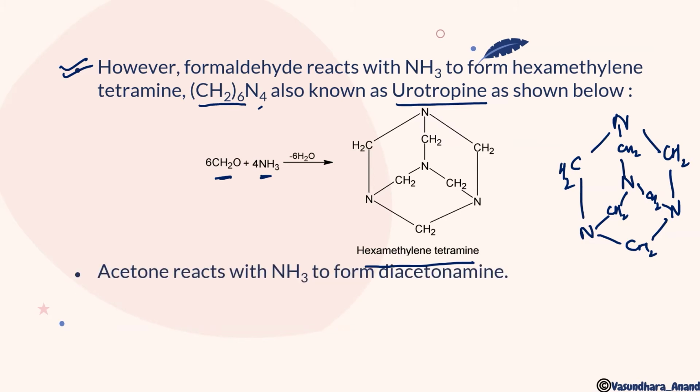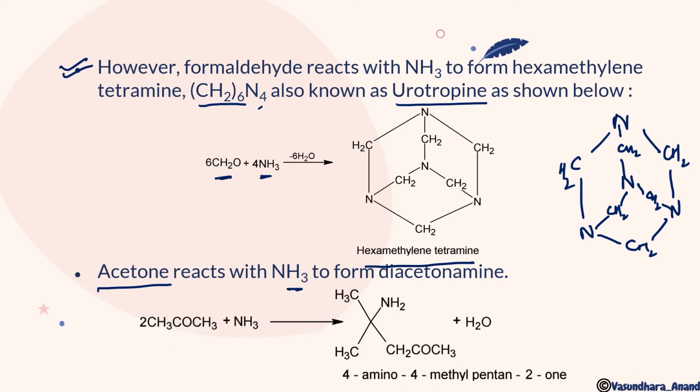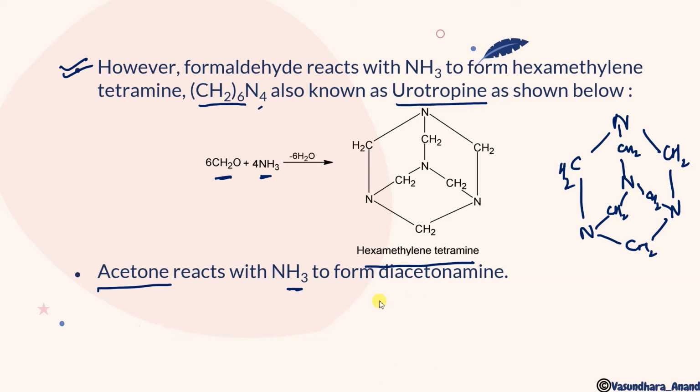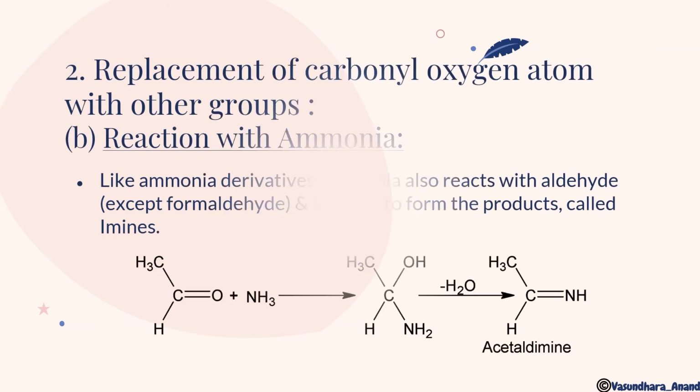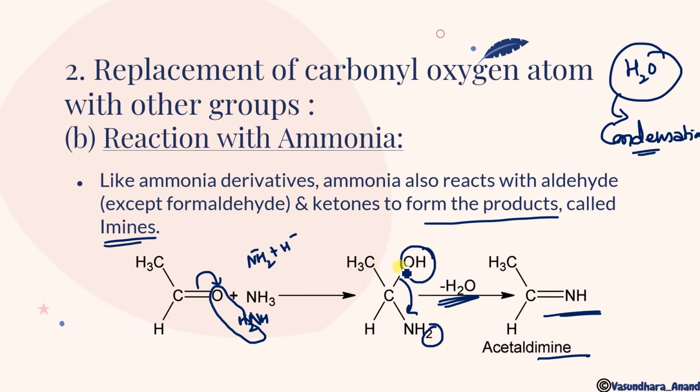Let's go. Now next is acetone reacts with ammonia to form diacetonamine. This is a reaction where acetone, when it reacts with ammonia, does the same way as acetaldehyde reacts. But here, 2 moles of acetone we will use. So this will form OH over here and NH2. In the previous slide we can see that, yes, 1 OH and acetone. And then what will happen, the OH molecule was coming out and water was coming out.